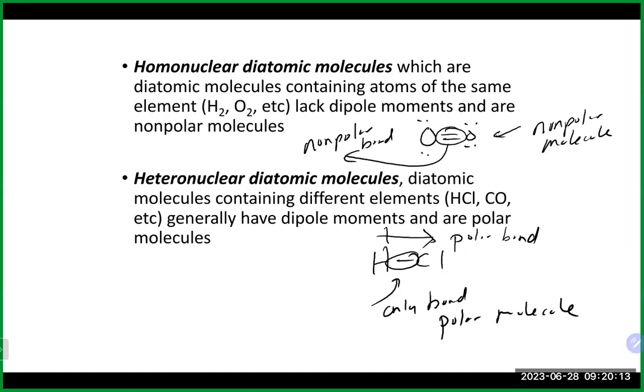Now, if everything worked that way, it would be great, but unfortunately, everything is not diatomic. So when you do get into things that are 3 or more atoms, you do have to take into account a couple different things to evaluate whether or not a molecule is going to be polar or nonpolar. So let's talk about what we do when we have 3 or more atoms. So when you have 3 or more atoms,